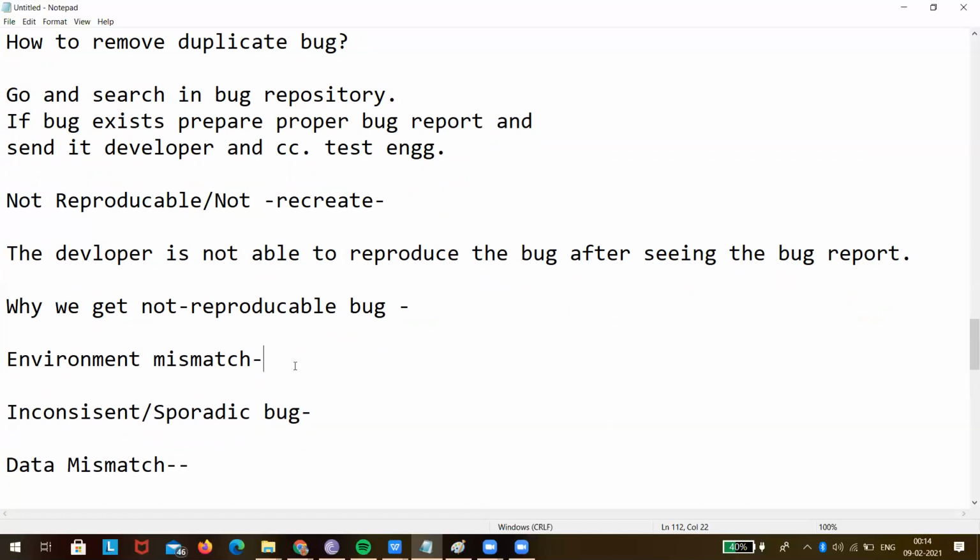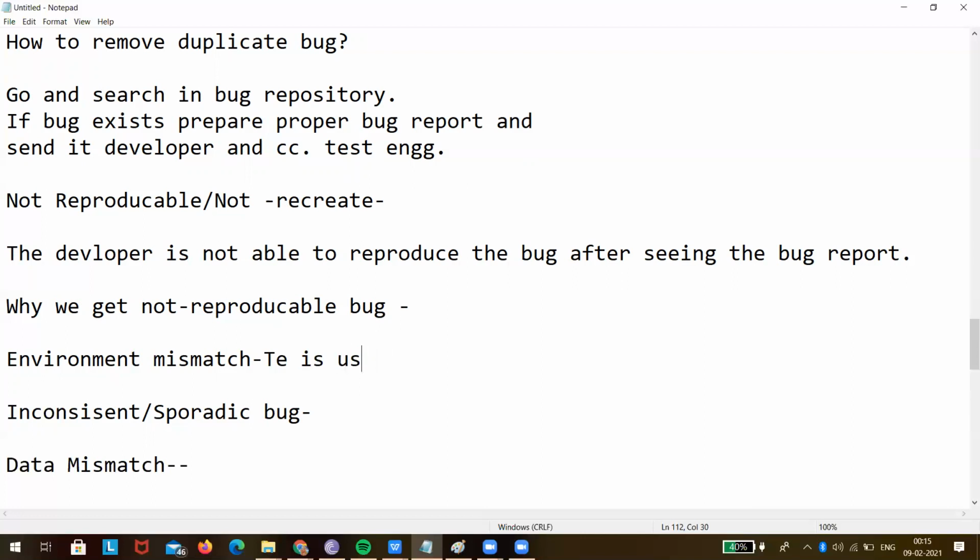Environment mismatch means what? You remember I taught you the staging environment, dev environment, production environment. The test engineer's environment is different. He will use a different OS and browser, and the developer is using a different OS and browser. So in that case, there is an environment mismatch.